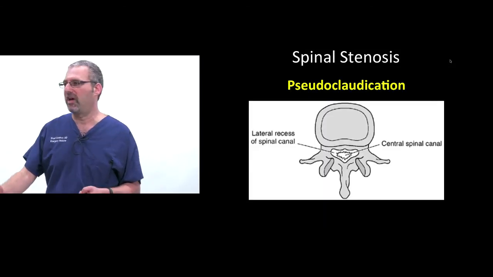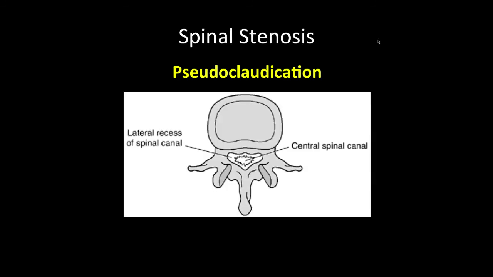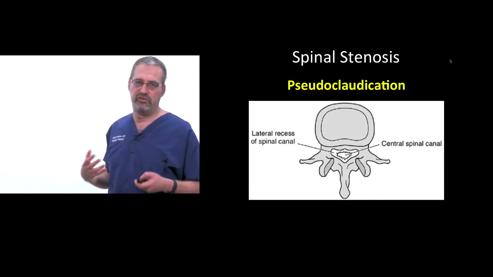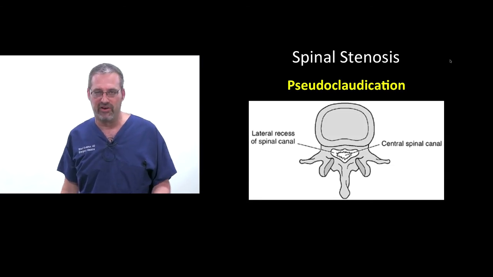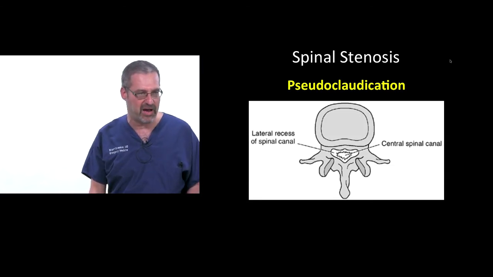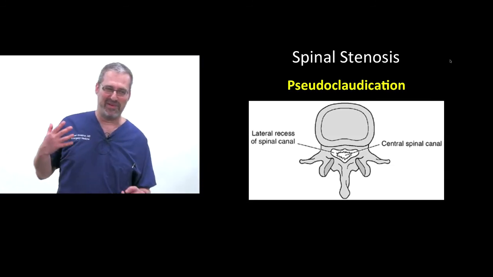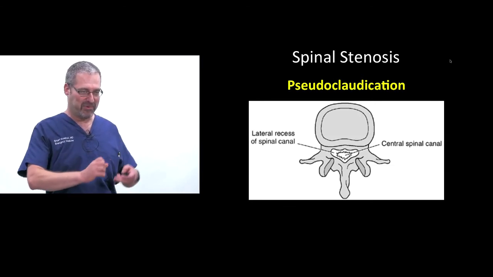Spinal stenosis is another outpatient diagnosis in general, but I just wanted to mention it to you because it's so common on a test, and when you miss it clinically, it's kind of a bummer. Basically, what you've got to remember is that claudication is when you have pain in your legs because you have bad circulation, right? So you stop, you rest, the circulation gets reestablished and you feel better, and you can only walk a small distance before you get that cramping pain. But when people tell you they have claudication, where they have pain and have to stop walking, it's usually when they're walking on level or walking uphill because there's exertion.